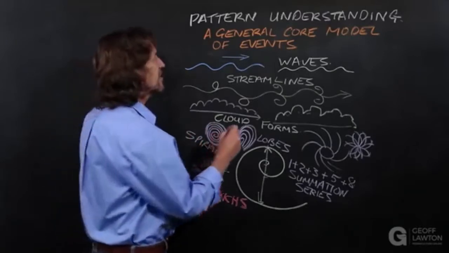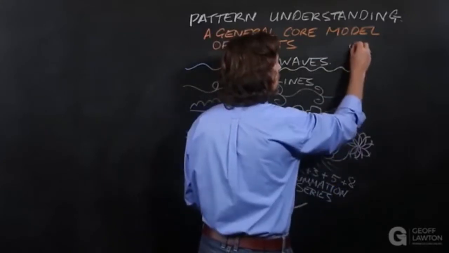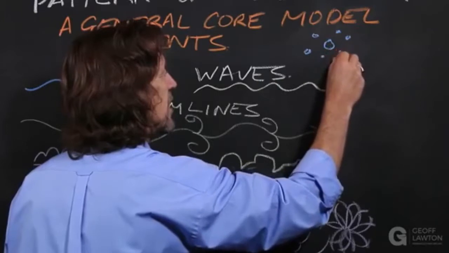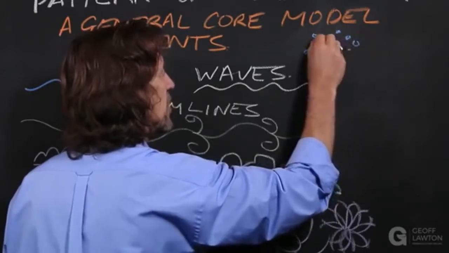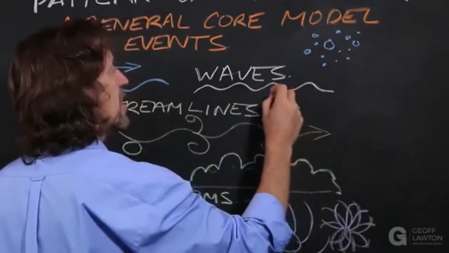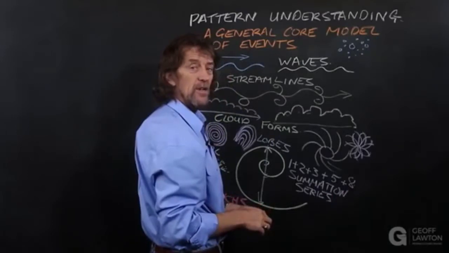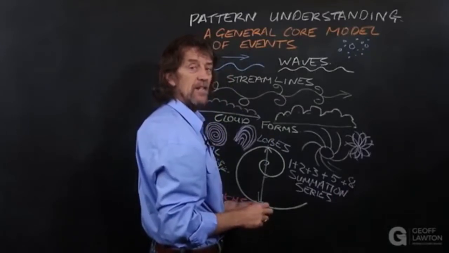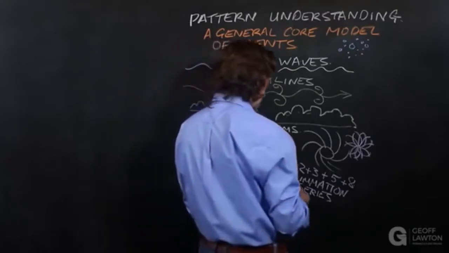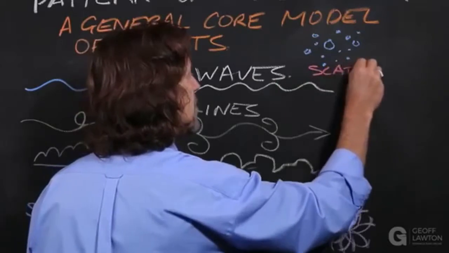There's also scatters. So you'll get scatters, and they're little dotted patterns, and they're different ratios of size, but they're actually a ratio you can calculate, and they look random. They look quite random, but they're not random. They're actually quite precise. You've just got to measure them. So these are scatters.